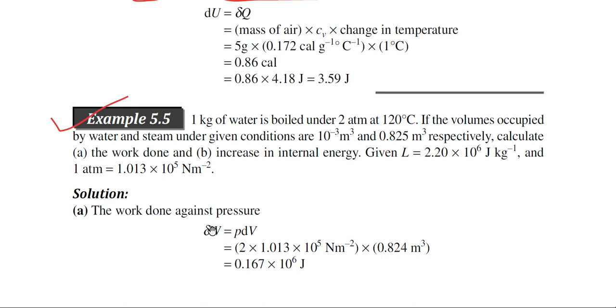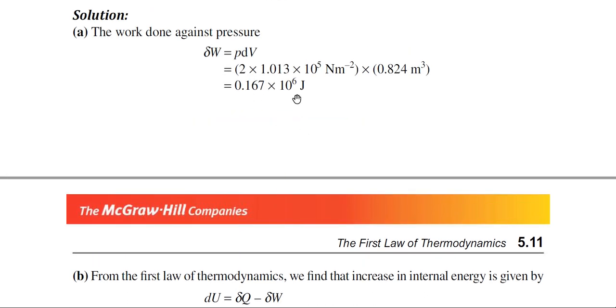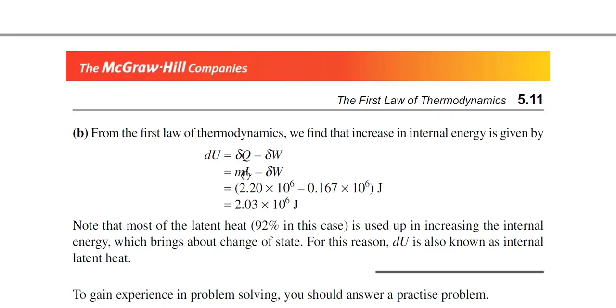So, in this way we can calculate the work done. The next is the increase in internal energy. So, how to calculate? Because we know the formula of the first law, dU is equal to delta Q minus delta W. This is the first law. Now, this particular part, that is work, we have already calculated it. What is delta W? This one. Now, delta Q. So, how to calculate delta Q?